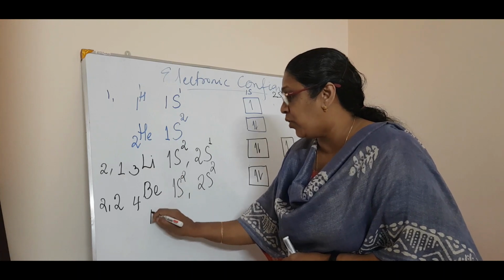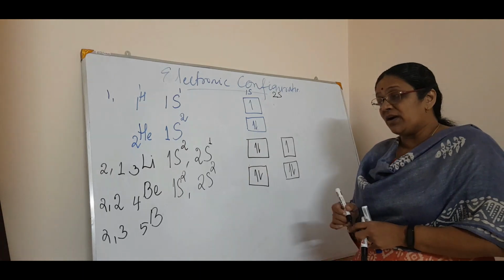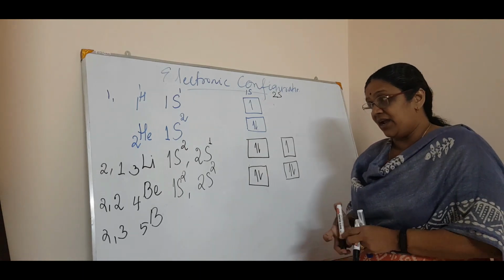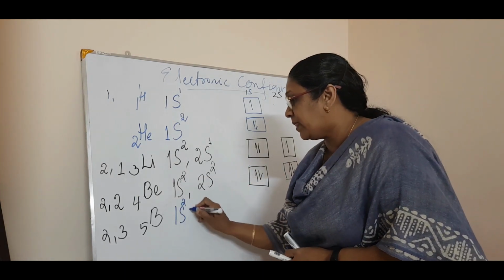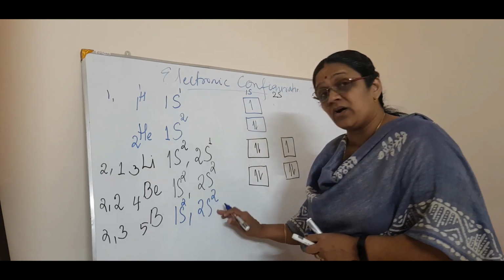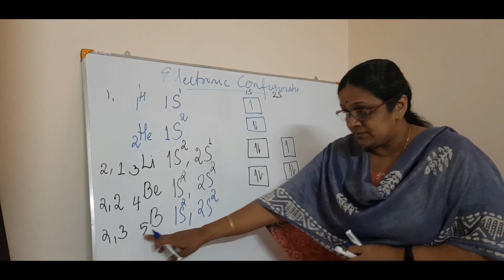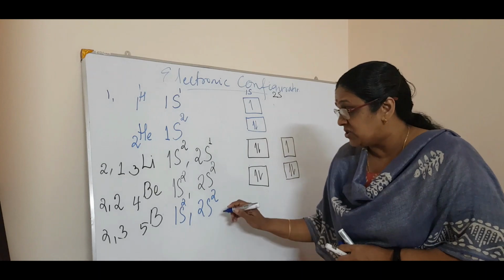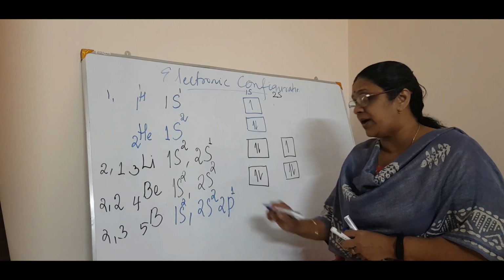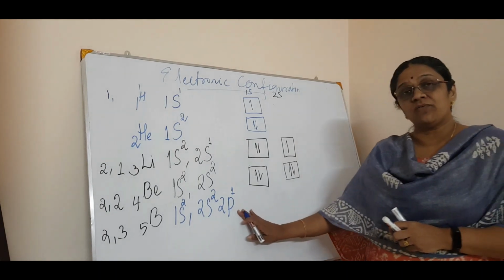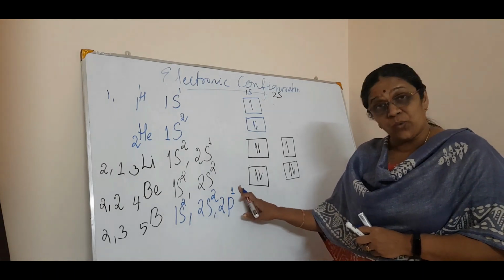Now one more I will tell. Lithium, beryllium, boron. It is 5. So 2 and 3. Listen carefully. Till here it is 2 plus 4. Now what happens? 1s2. 2s only 2, because each orbital can have only 2 electrons. So 2 and 2, 4. Again 1 is pending. So where will it go? It will go to 2p. And how many electrons? 1. See? This is how the electronic configuration is written in SPD notation. That is 1s2, 2s2, 2p1.